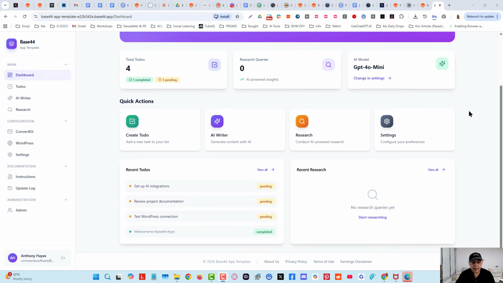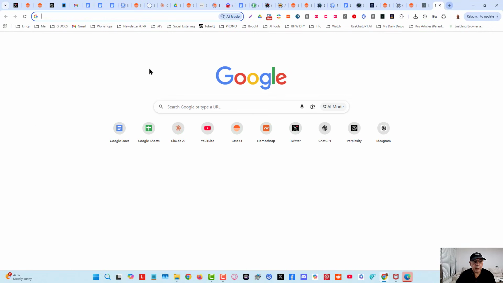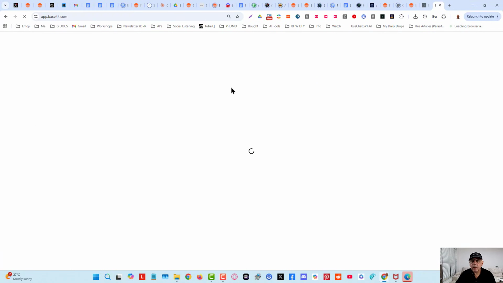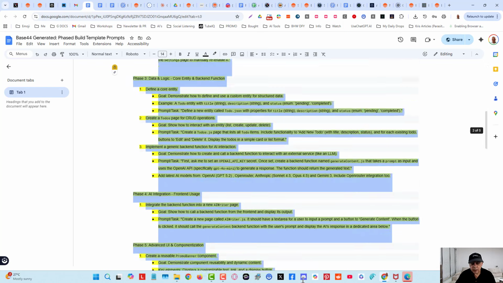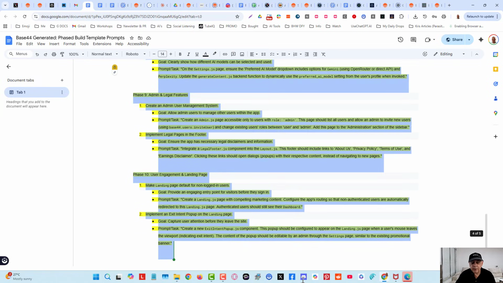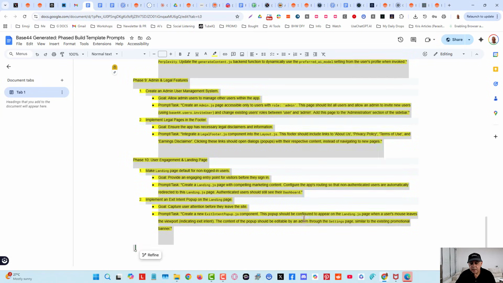I'm going to show you a demo of this, but before I do, just let me run through some of the features that we got in here. Okay, in fact, let's just go straight into Base44, which is the app that I'm using to build. And I'm going to just grab everything in yellow here. This is this single prompt, okay, just one prompt. You can see this is quite a lengthy prompt here. And this has been